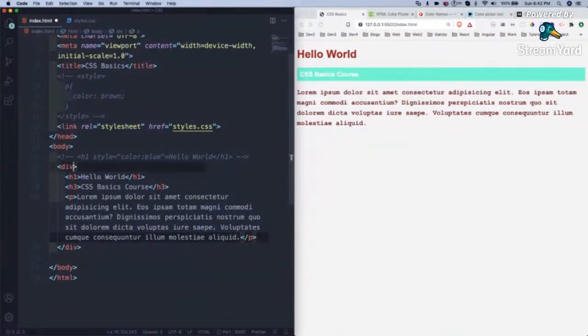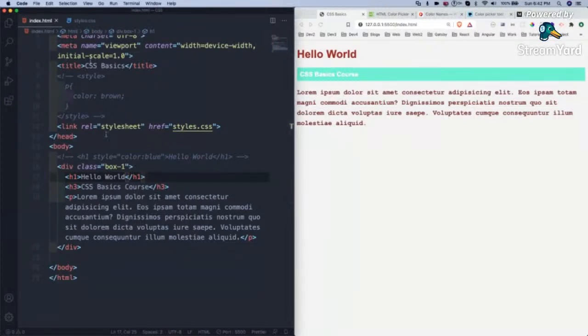There are classes and IDs. For class, I will give the name box one. So class box one I have given. Since this div is wrapping everything, it wraps this hello world and the rest, so any style we give will target all of this.